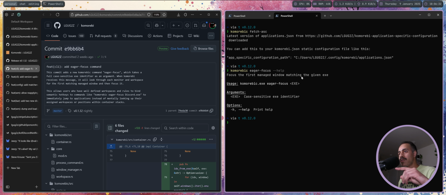So this is looking through the entire state tree of the window manager, and it's going to find whatever you want it to find on any workspace, on any monitor. Then it will jump to that monitor and that workspace, and it will focus that window. So let's say